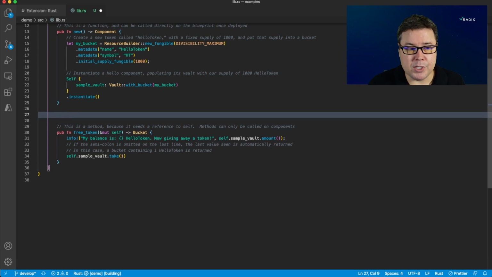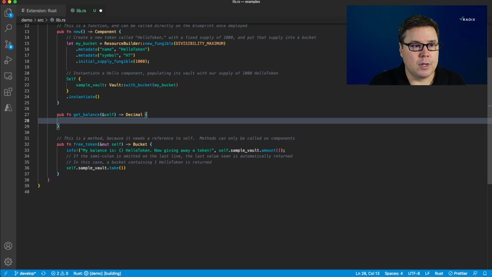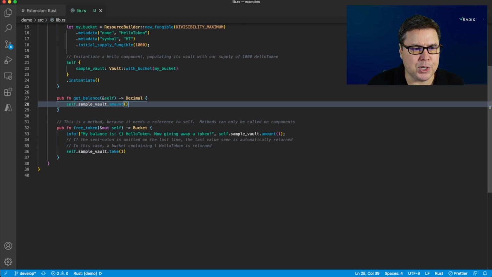If I had something that wasn't going to change my state, such as, let's call it get_token_balance, I would not need a mutable reference to myself. I can just return my sample vault amount, and as I'm not changing my state, I'm just returning information, I would not require a mutable reference to myself. So coming back to free_token,